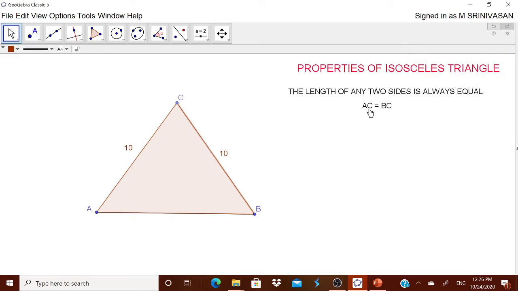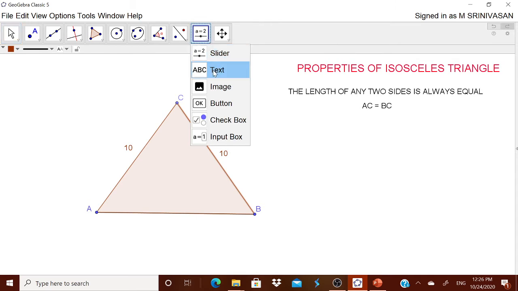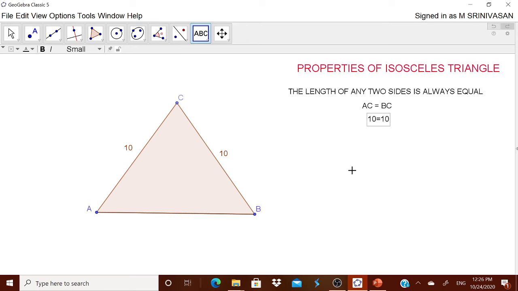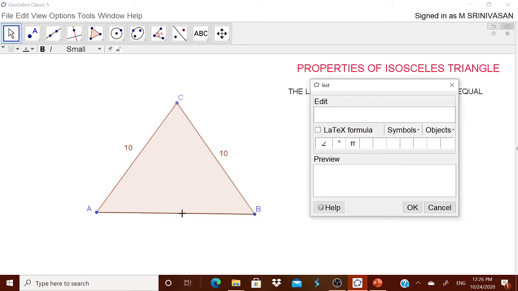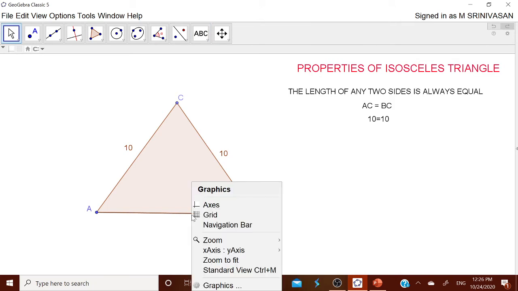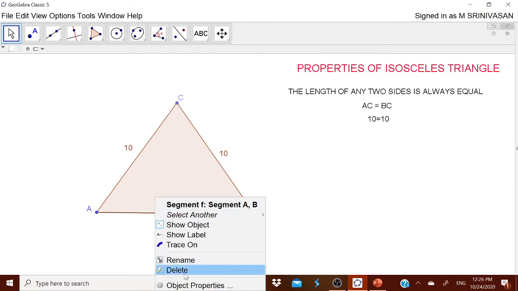Now here I want to show that AC is equal to BC. Go to that text once again. Which are to be selected? Here, go to the object. Here you see A, B and ABC are there. Now the side opposite to angle B, small b, is equal to the side opposite to angle A, small a, therefore 10 is equal to 10. Now remember friends, the third side may not be equal. That also you can show to the child. Suppose you want to show them that it is not an equilateral triangle, you can select it. One minute, I have to select it properly. Segment is selected, object properties.